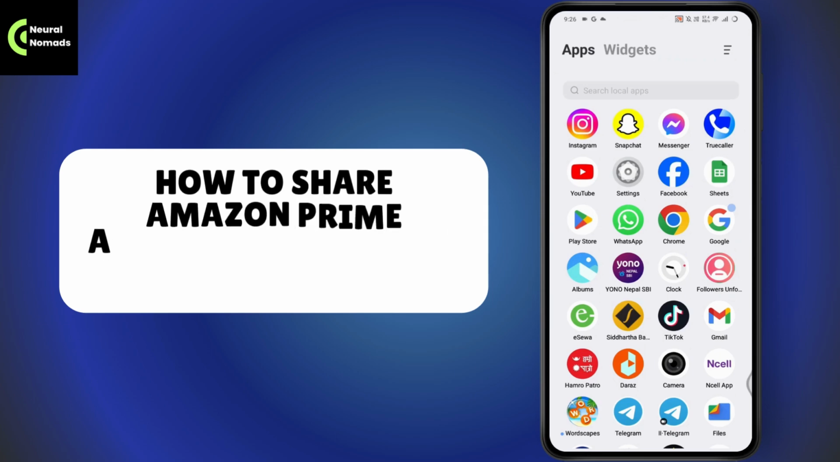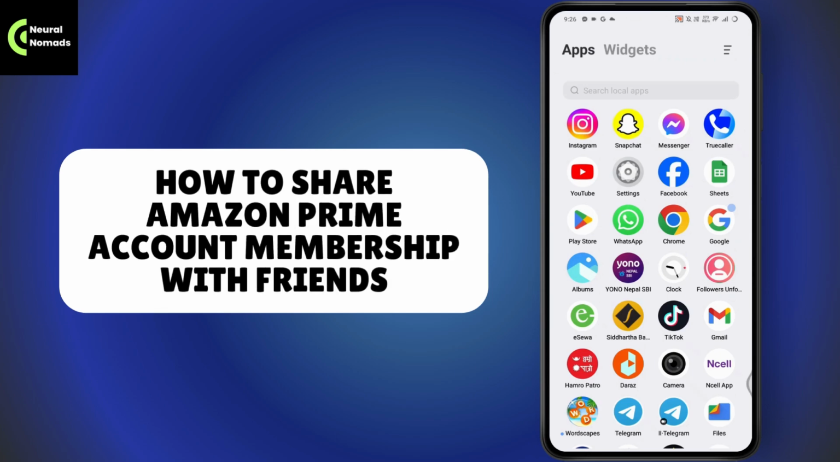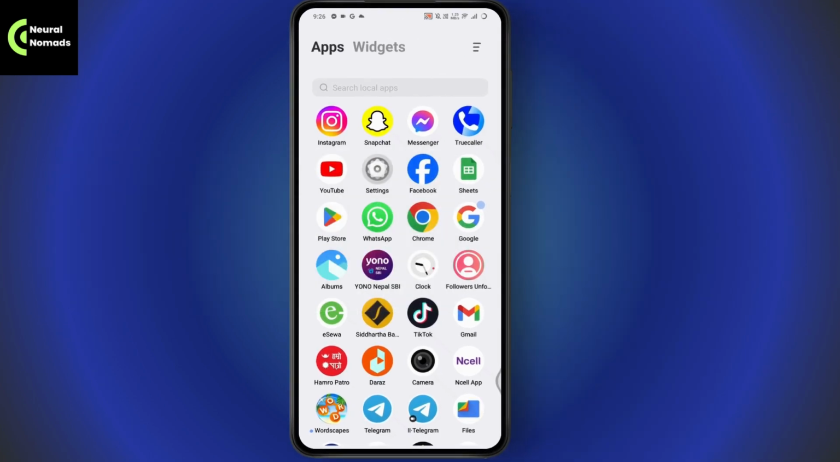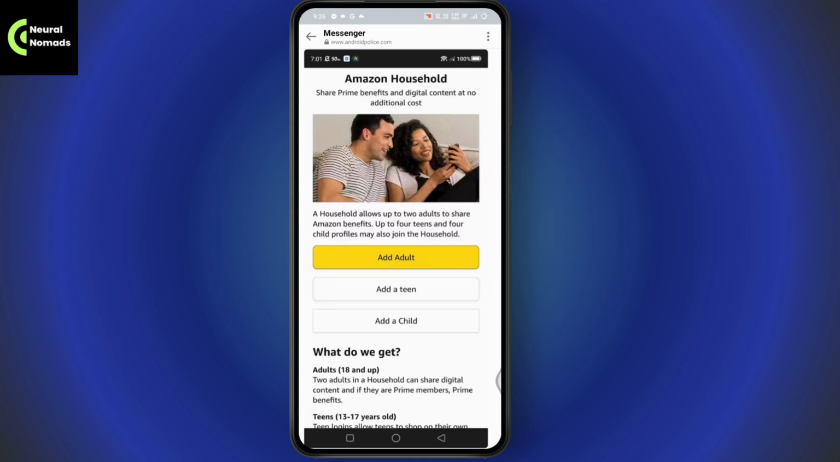How to share Amazon Prime account membership with friends. So if you want to share your Amazon Prime account membership with your friends, then just follow the steps. So to share your Amazon Prime account membership with your friends, first you need to create an Amazon household for